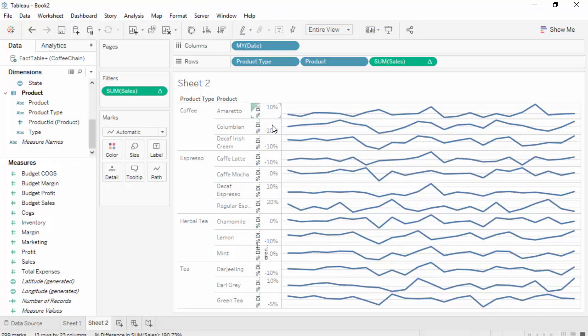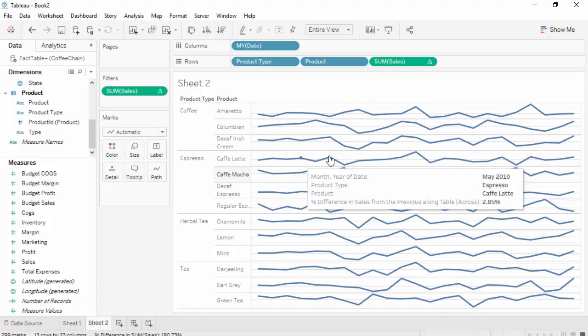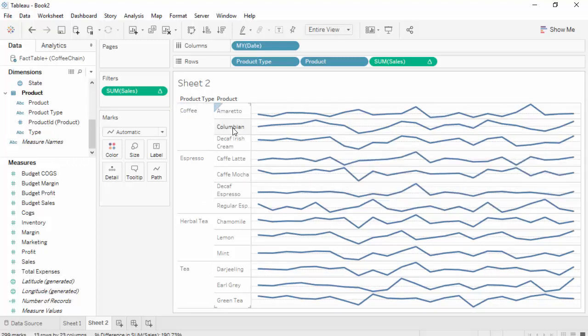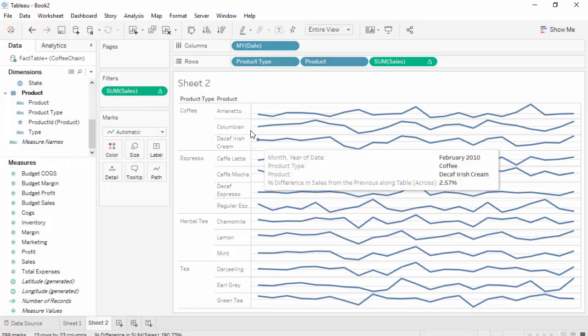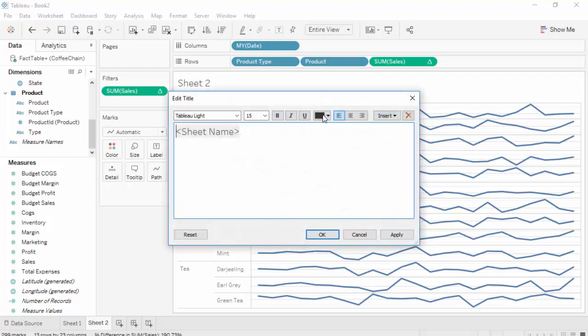So now I really don't need this, so I'm going to uncheck show header. Okay, so now I have a Sparkline graph for product and product type, product inside product type. Okay, and give a title here, sales for, okay, all